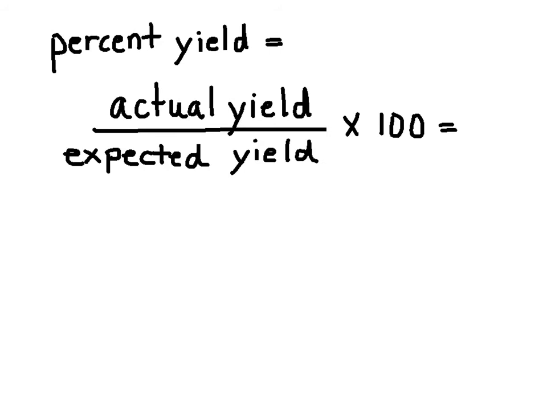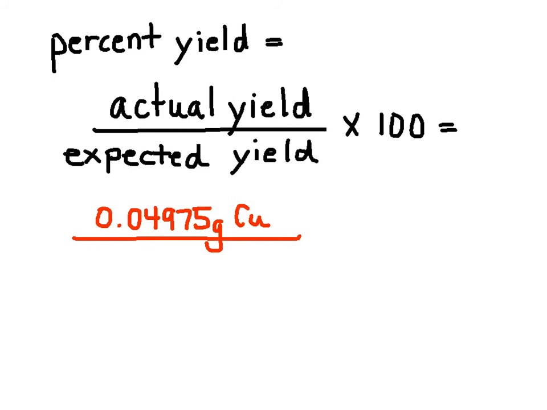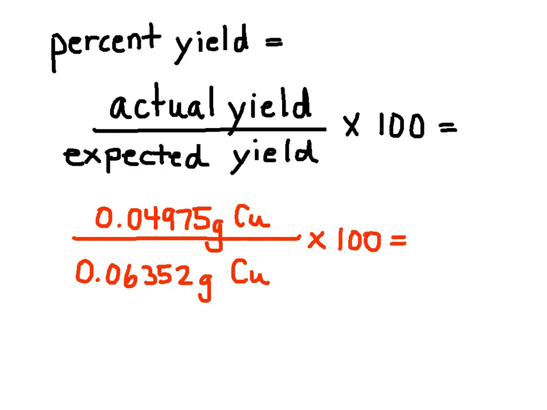All right, so if we want to calculate the percent yield, we have to be told what our actual yield is. We can't just figure that out. Let's say that I tell you that you actually get 0.04975 grams of copper when you do this experiment, when you actually do it in the lab. And you'll remember from a few slides ago, what we should get is 0.06352 grams of copper. Again, that's if everything goes perfectly and there's no loss of any kind along the way. Turn it into a percent, we multiply by 100, and when we do that in our calculator, our percent yield would be